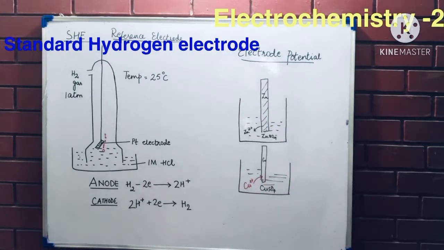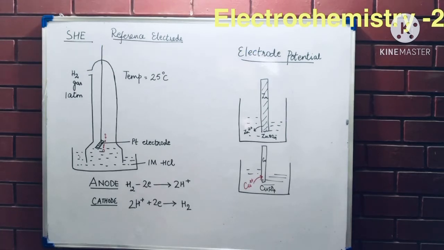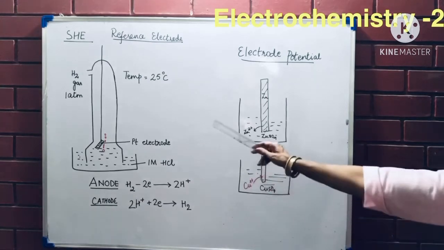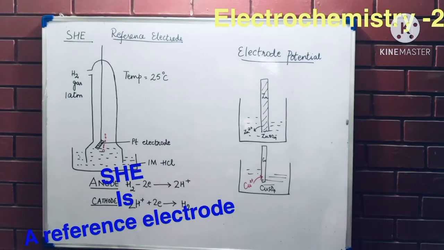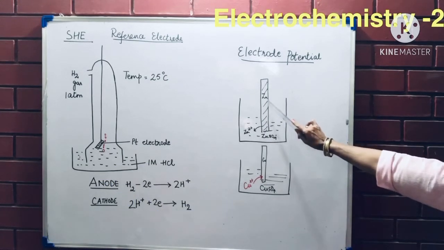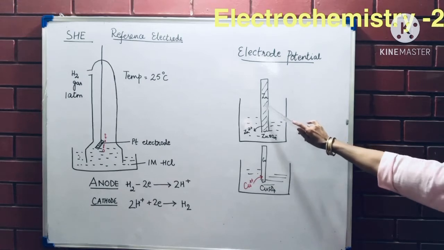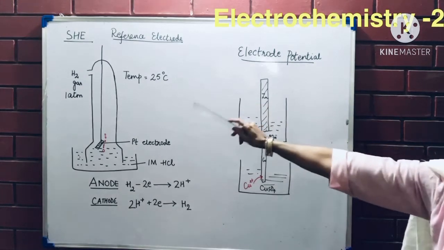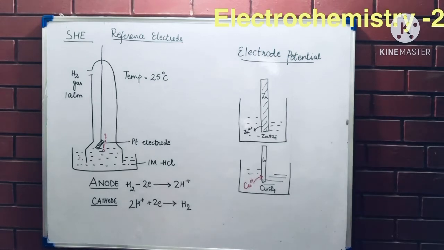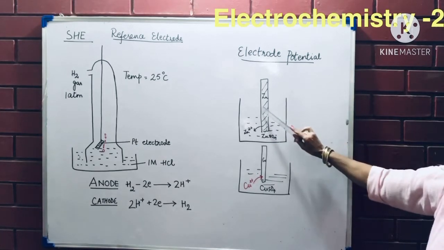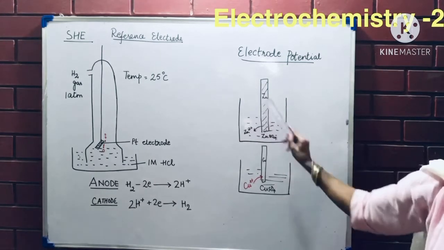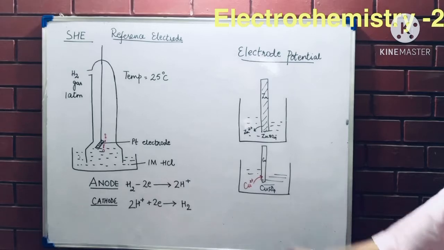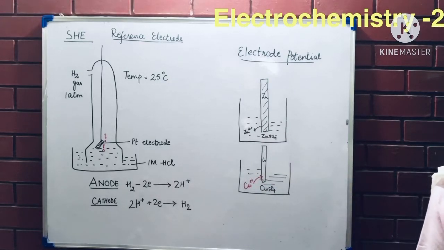Now this standard hydrogen electrode can act as a cathode, and can also act as an anode. You might be asked what a reference electrode is. When we want to find out the electrode potential of one rod, we cannot find it out alone. We have to connect it to something else, the reference electrode, and then we can find out the value of this one rod. To find it, we must have a potential difference between two things. And the standard hydrogen electrode is taken as 0.